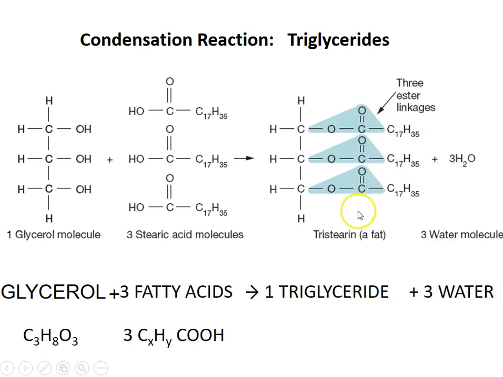So the triglyceride, this is a particular name for the one where you have stearic acid. So we'll look at all the different fatty acid molecules. So stearic is the one that has 17 carbons and 35 hydrogens in a row, but there are a lot of others. You need to remember the ratio, so you need 3 of these for every 1 glycerol,